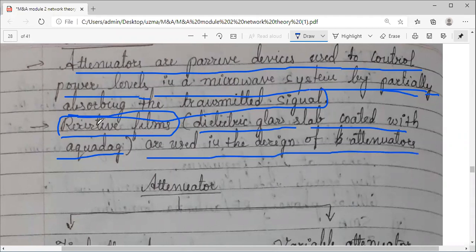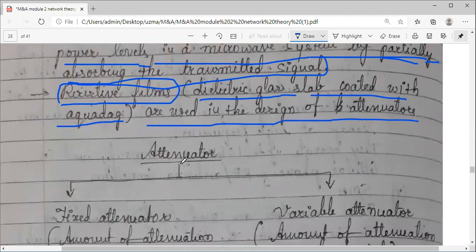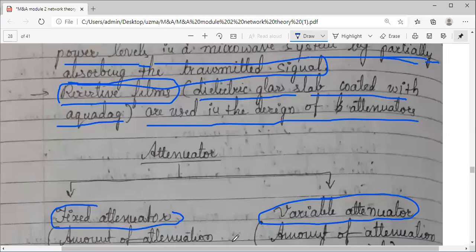Now, what variety of attenuators are we going to study? For that, let us see the classification of attenuators. Broadly, attenuators can be of fixed type or variable type. Fixed attenuator means that whenever a wave is propagating through a transmission line, whatever attenuation is achieved will be fixed throughout the length.